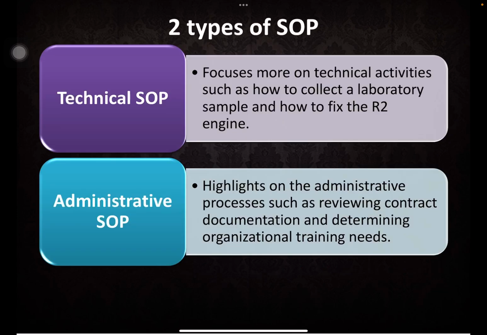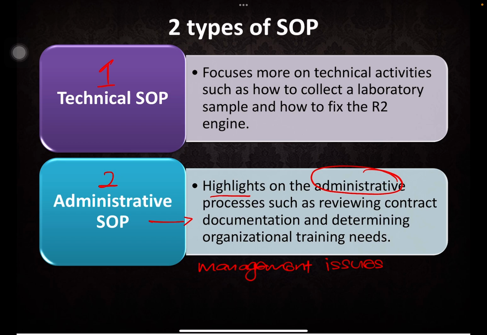Alright, so there are 2 types of SOP. Number 1 is technical SOP. Number 2 is administrative SOP. So let's have a look at administrative SOP first. It highlights administrative processes such as reviewing contract documentation and determining organizational training needs. So in this context, when you are talking about administrative processes or management issues, you are actually looking at